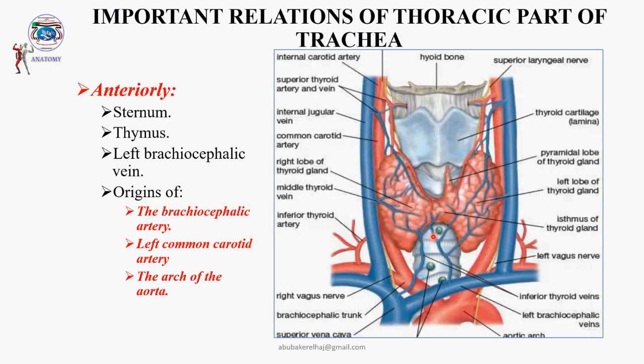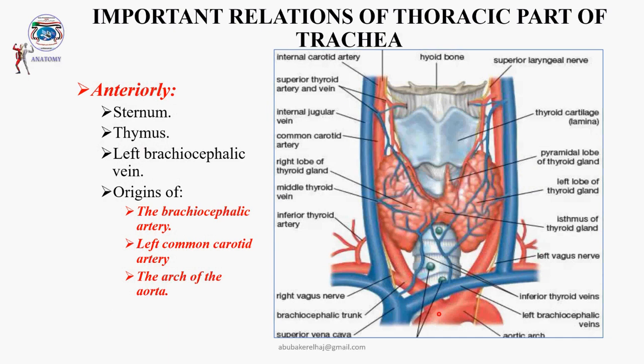Then in the thoracic part of the trachea, we have the sternum, that means the manubrium sterni, and the thymus gland, sometimes the remnant part of the thymus gland, the left brachiocephalic vein, as I mentioned before, and also the origin of these important arterial branches, the brachiocephalic artery and the left common carotid artery, and the arch of the aorta. That means commonly related to the area of the arch of the aorta behind the sternum in a specific area which is called